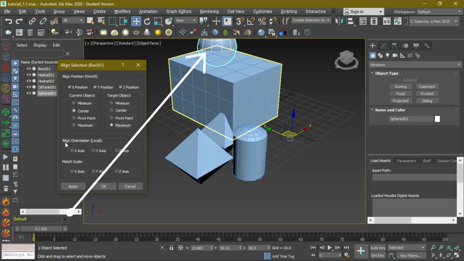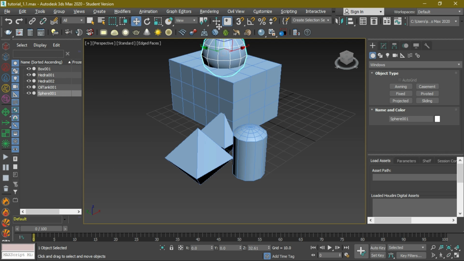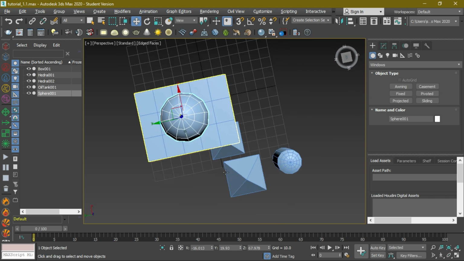And you can check the orientation as well. You can scale it on the x-axis and y-axis. All these options you have got, you can check them, go play with them, until you learn properly what these options are. Okay, I'm going to keep it center to center, and press apply and okay. So just drag over the surface. Now you can see it is aligned on the center of the cube.